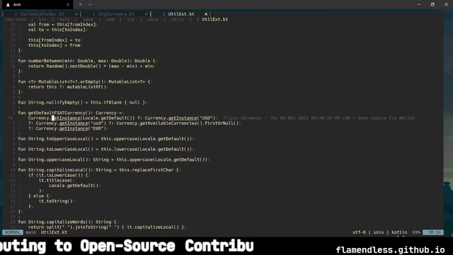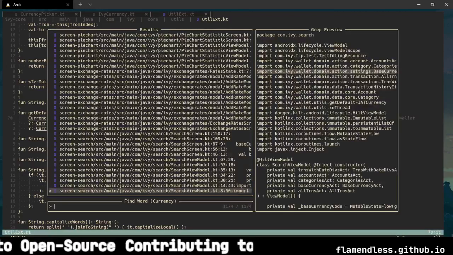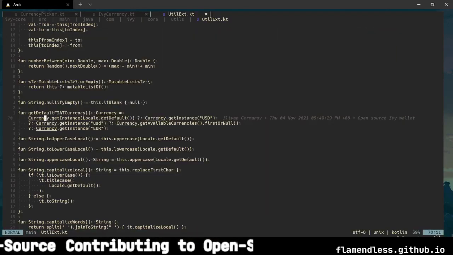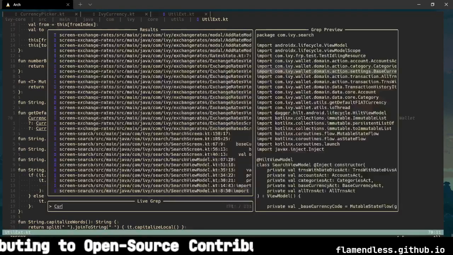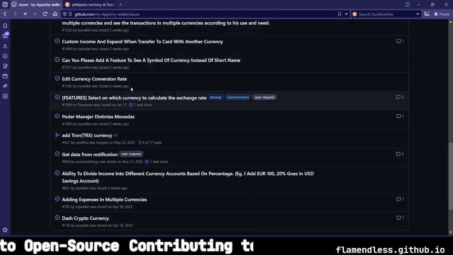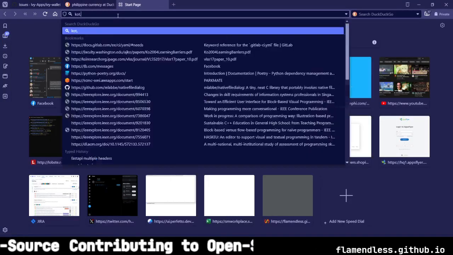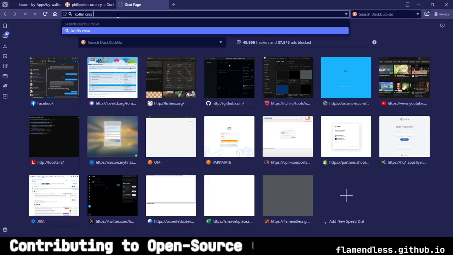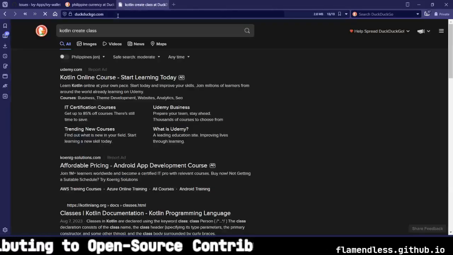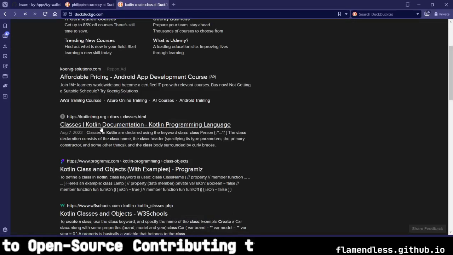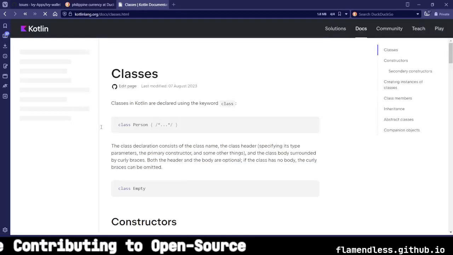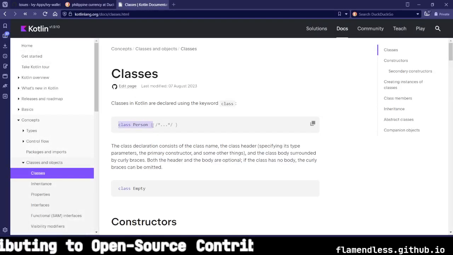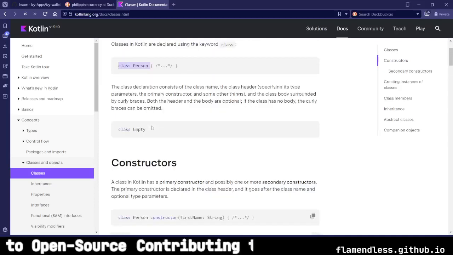So how do you... okay, so let's check for currency. Okay, so we have a lot. So perhaps, okay, it's not named class. Currency struct. Okay, so let's check for Kotlin create class, because probably currency is a class. Class in Kotlin. Okay, so let's first always check the documentation. Okay, so it is a class. So currency is not a class. So maybe it's a